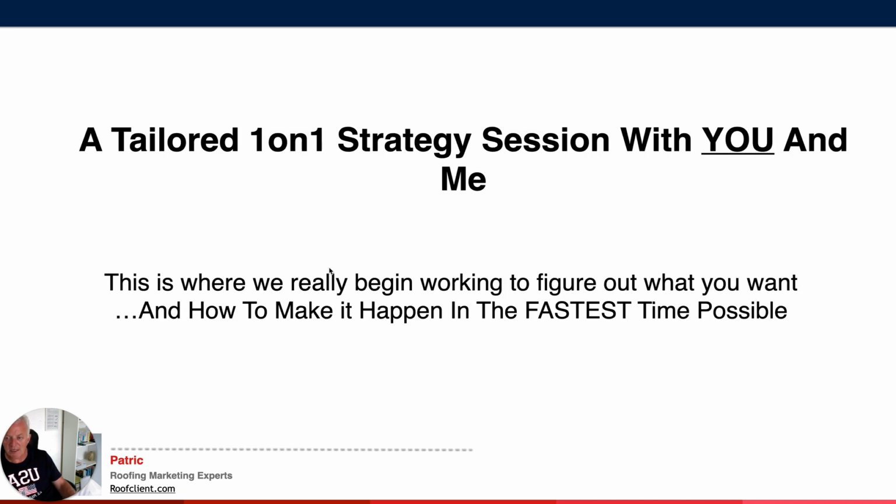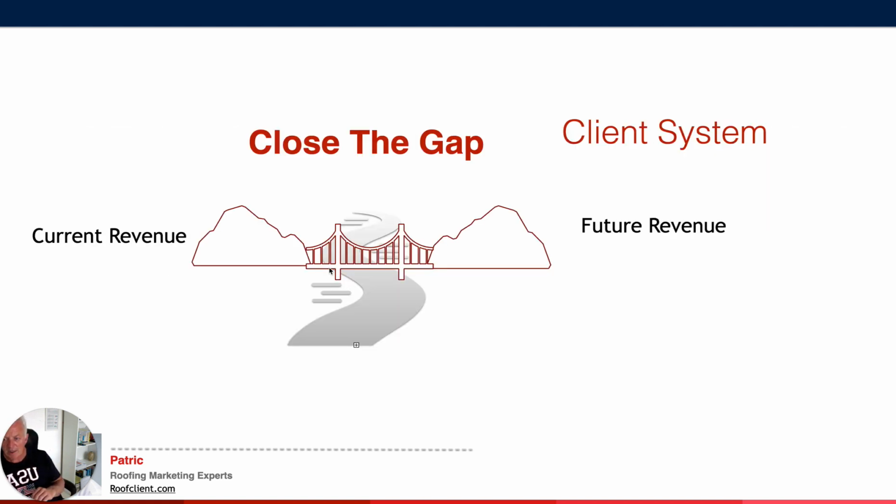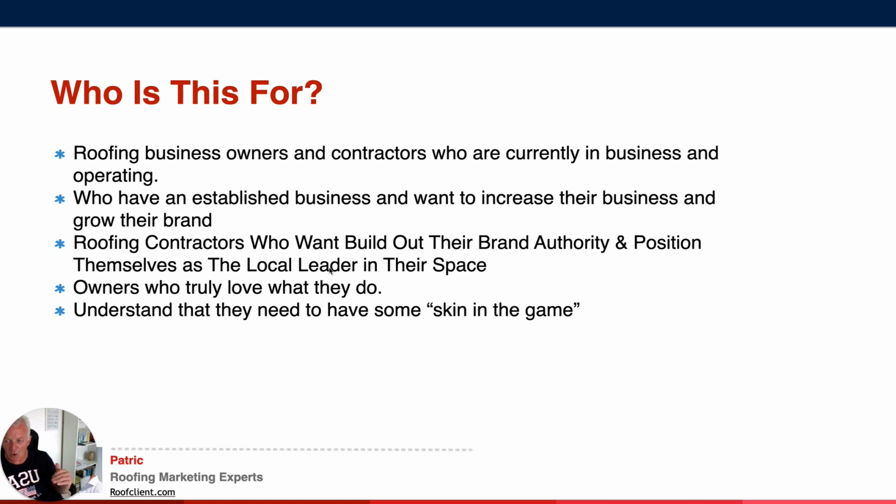How the process works is basically, if you think this is something that you would be interested in, we do a one-on-one strategy session with you, so we look at where you are now, where you want to get to, if we can help you get there. So we'll basically figure out what needs to be done and how do we get you there in the fastest time possible. As I said, we look at where you are now, the revenue, the future revenue you want to get to, the number of calls it's going to take to get there, the best system to use to generate those calls, so you can start planning ahead and planning for the next few months ahead.